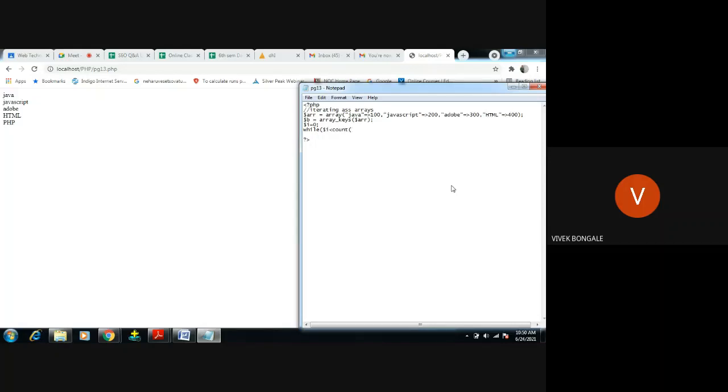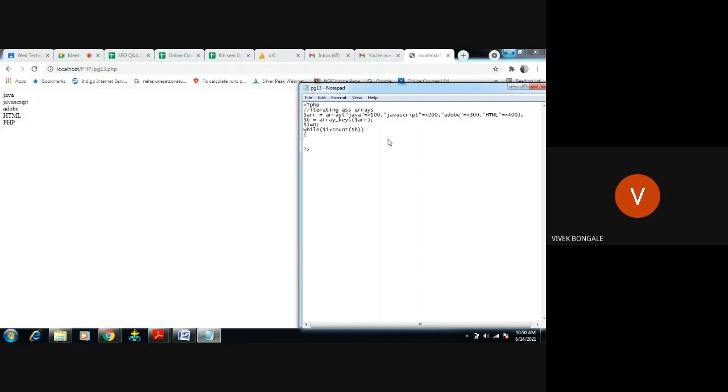Earlier we gave the array variable name in count, but now we have to give the variable name $b, because we are going to iterate with the help of these key values. Earlier we were iterating with the help of index value. Now we are iterating with the help of key values. All the key values are there in the variable $b, so in the condition we have to give this $b.